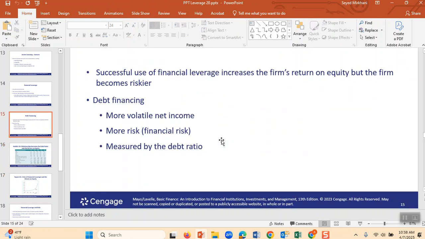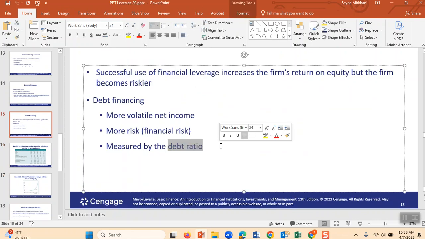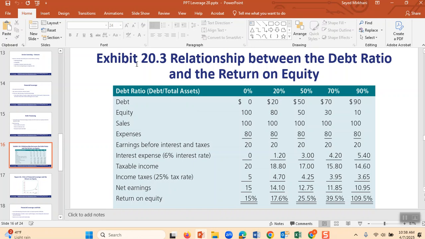And then we want to know about the debt ratio, how much debt you are taking. What is this chart? This is between debt ratio and return on equity. Let's think about this one. This is an example of a company that has zero debt. Imagine you want to start your own restaurant. You have the option of zero debt, or you imagine you need $100,000.